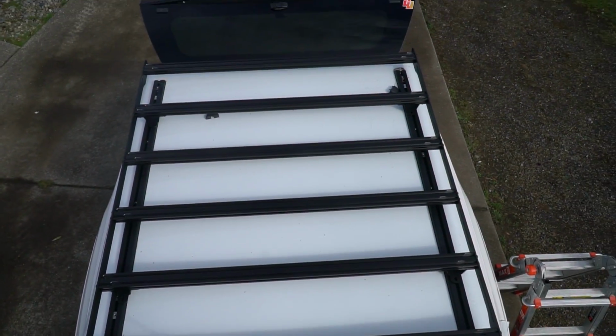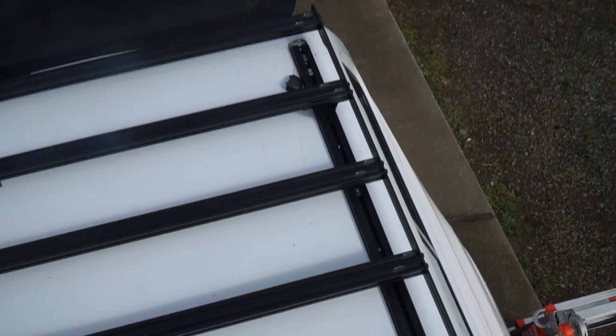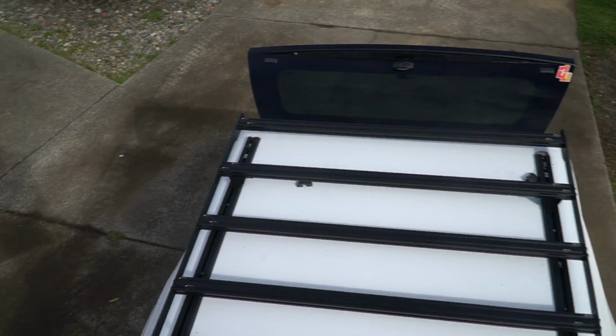So I'm looking at the rack, and I'm a little bit worried because it's pretty much squared up on this side, but then when you look over here, there's not enough room. And those bars are already maxed out. They're all the way over, so I don't know what I can do really. Might have to spin the rack around or something. Well, this is a bummer. I've done what I can to make a few little adjustments to try to make the brackets on this rack fit, but